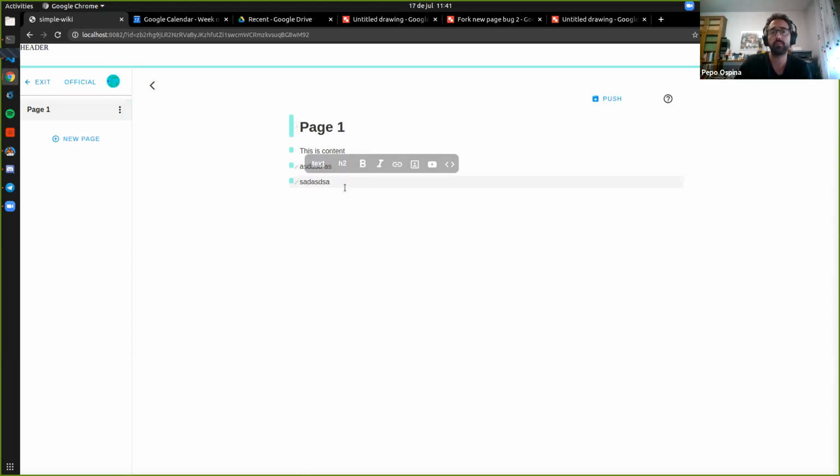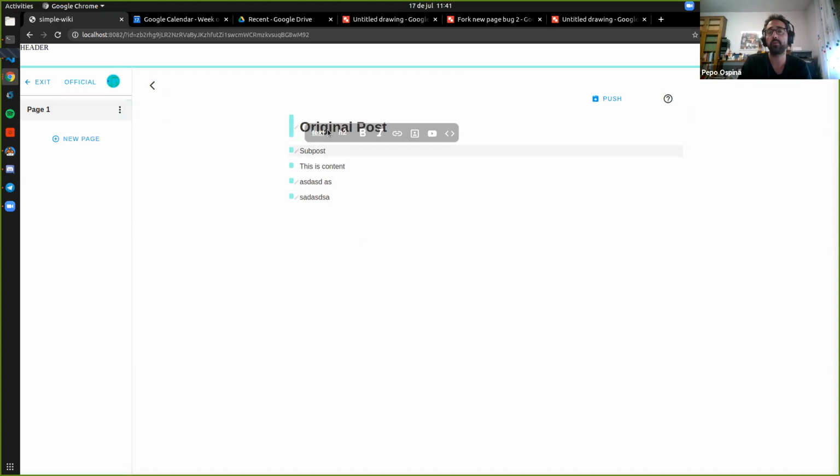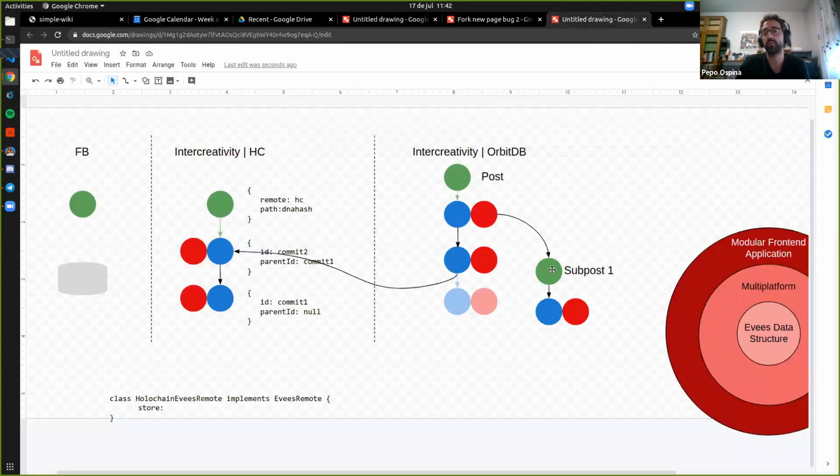This document, let's say this was the original post, and that user presses enter, he is creating a new sub post that is a new object. And so the app is continuously managing the hierarchy of objects that are linked, and some of them can be fully fledged repositories, so you could eventually fork them in some different place.